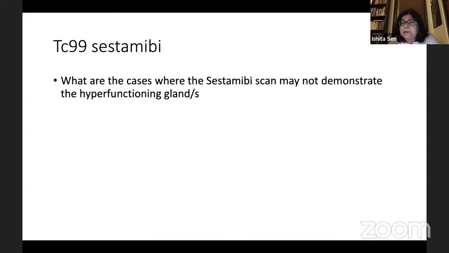So that's why the upper gland is often missed. It's usually when there is involvement of the upper gland that it may be missed. The lower glands are usually picked up. So those are kind of the reasons when a Sestamibi scan may not be able to localize